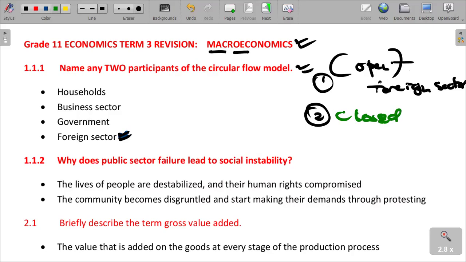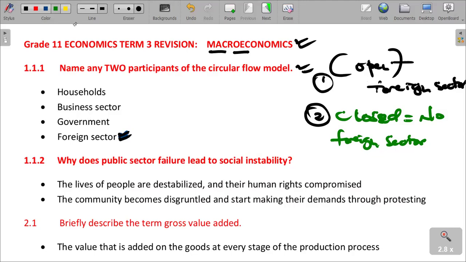A closed one means there is no foreign sector. A closed and an open are the two types of circular flow